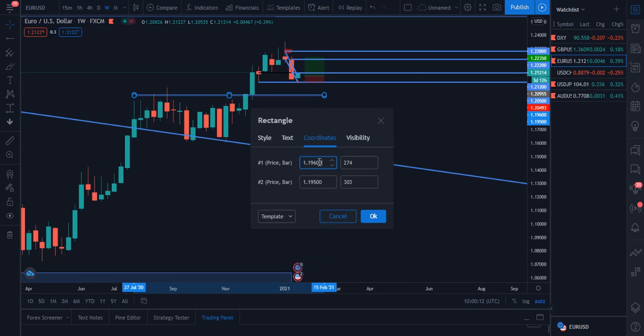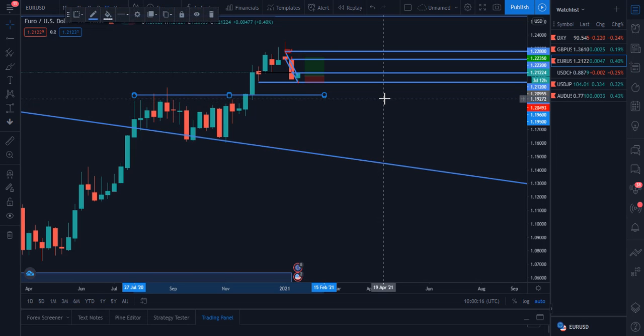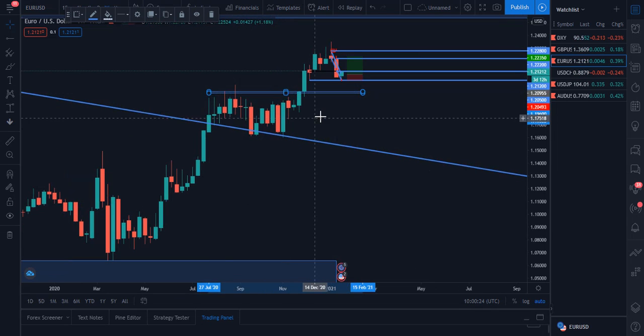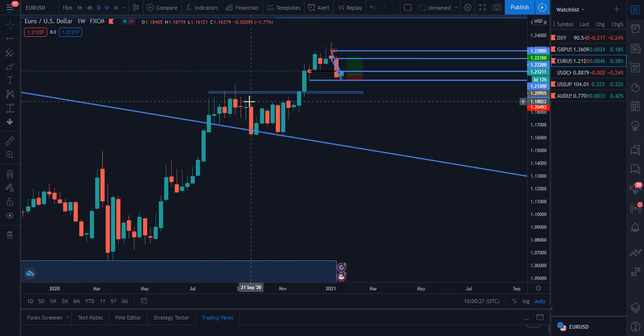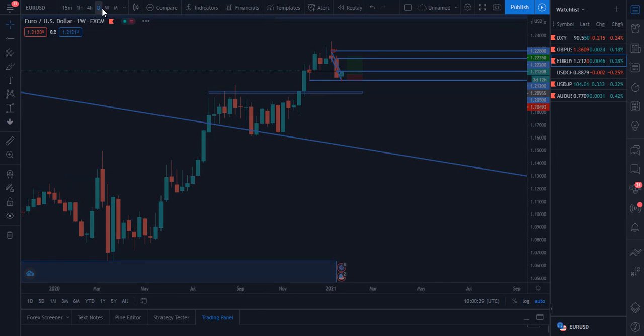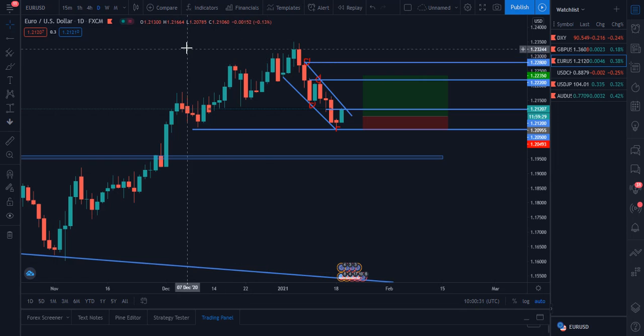Yeah, as you can see here, this is the level as well that I was talking about, the 1.19600 acting as support, which we broke out for. So this would be the strong support on the weekly. Then now I'm going to go to the daily, and as we get to the daily, you can see that